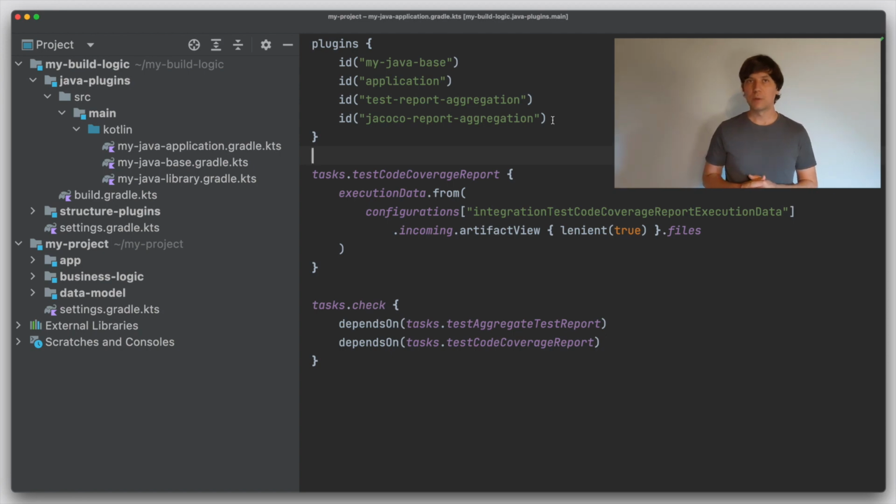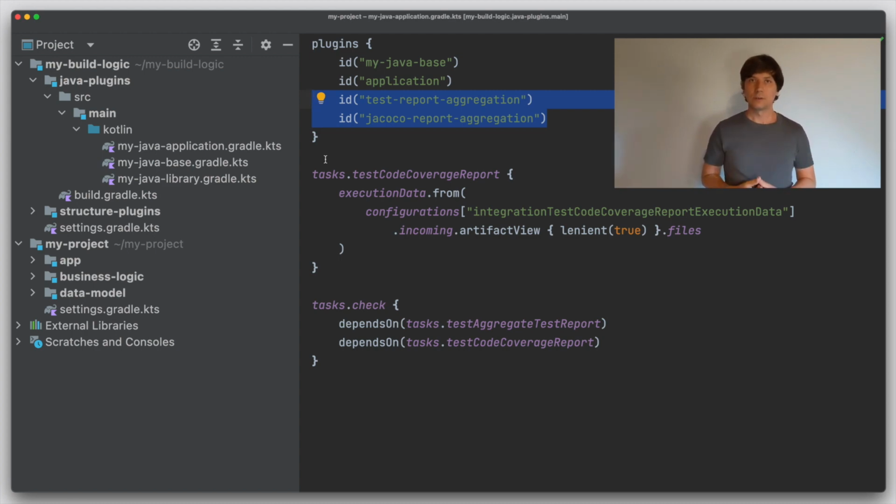But this is only one example of how you could customize the setup given by Gradle. The aggregation plugins we applied here are only convenience. They use public Gradle API to do all the setup they are doing. So as with other concepts like feature variants, these plugins just make it convenient to get a working solution quickly for most cases. But internally, they also only use public Gradle dependency management APIs. So all the things the plugins do is something you could do step by step yourself in your build scripts if you want a very customized setup. In the video about feature variants, I demonstrated this on the example of feature variants.